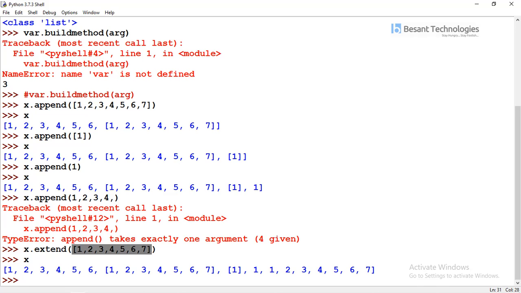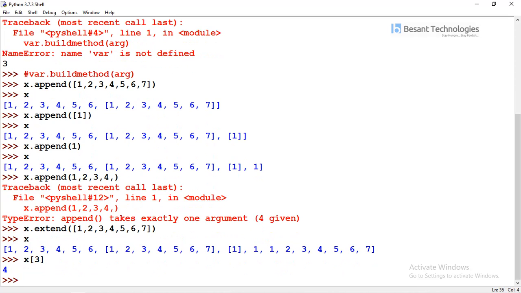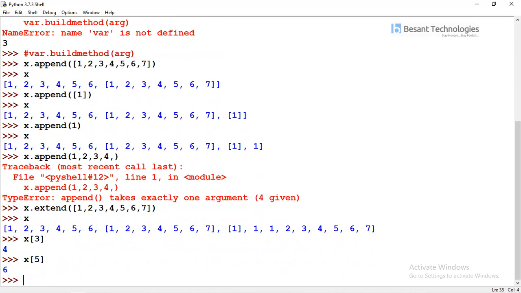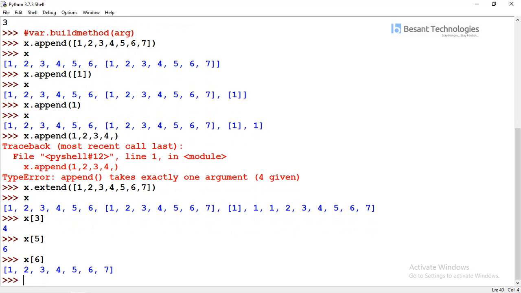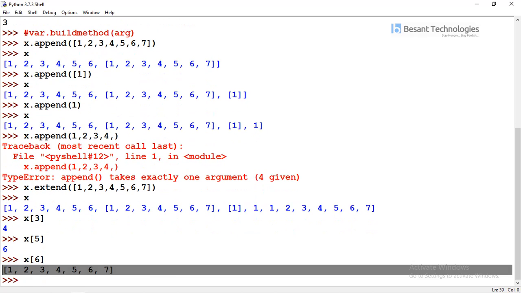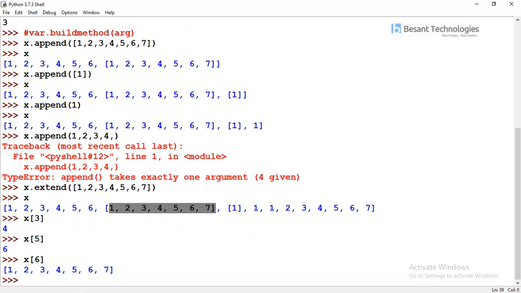Now we know how to access elements from data types using indexing and slicing. So I am applying indexing. The third index position is 4 and the fifth index position is 6, and when I give the sixth index position, you get the complete element here.